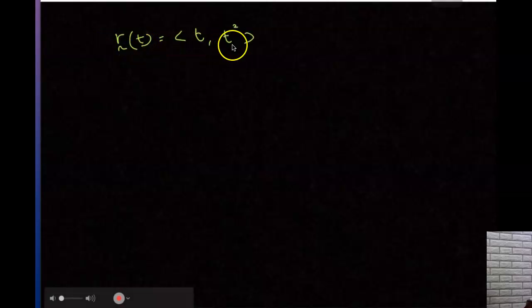So r(t) is (t, t squared). Now you can see that even though the vector function is quite simple, it ends up being a quite complicated expression, and it takes a long time to obtain